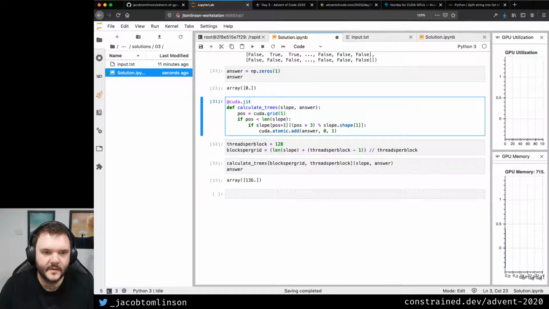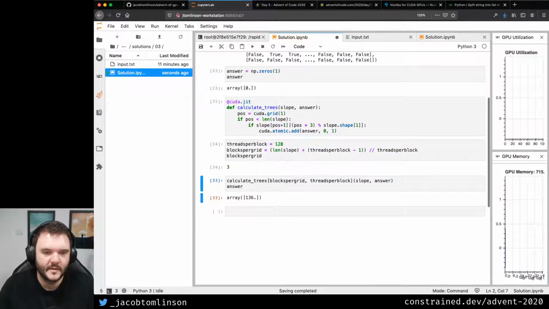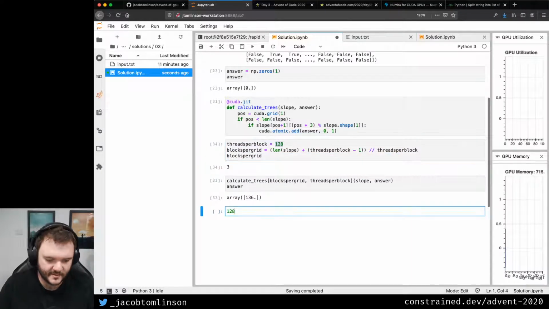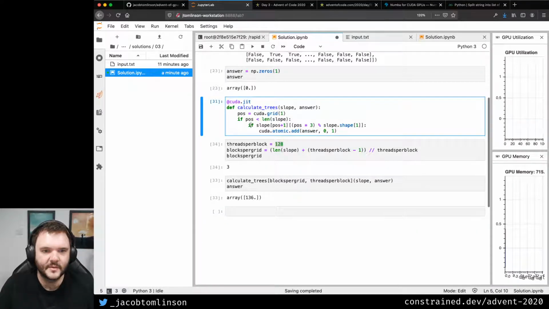Okay. The position is less than the length of the slope, which makes sense because there's 3 blocks per grid, right? So that times 3 means we're going to go over 384 rows. So we need to make sure we are inside the array. And then if slope position plus 1, I'm wondering if I've got this wrong, but